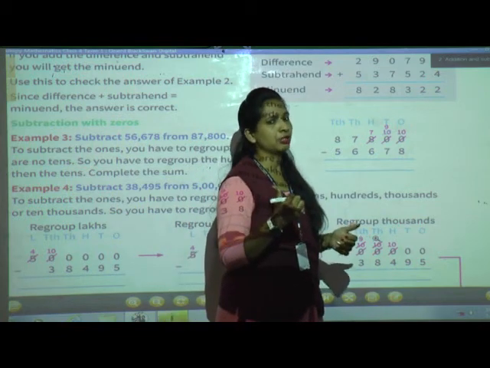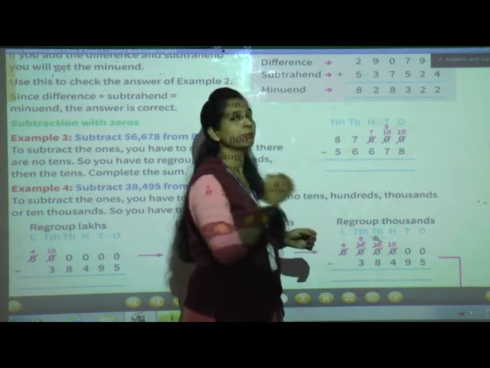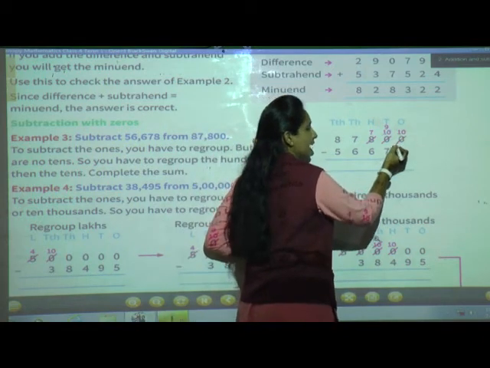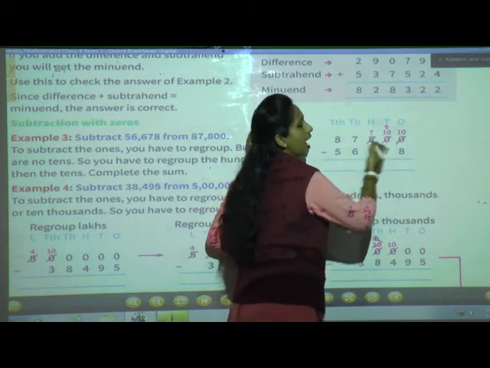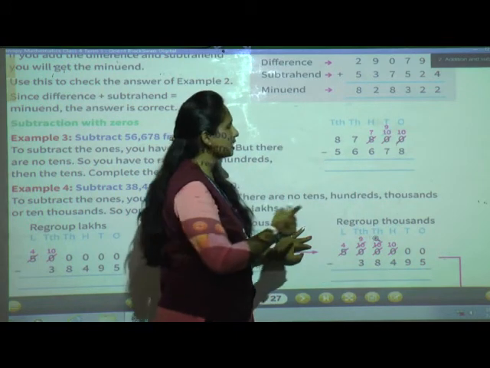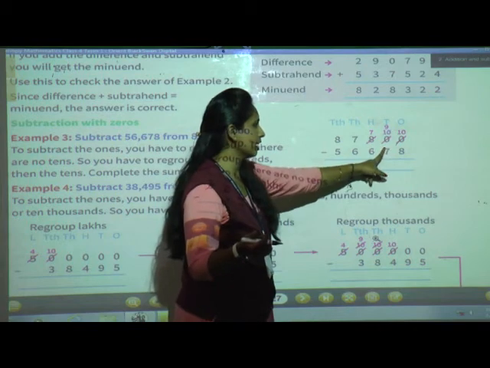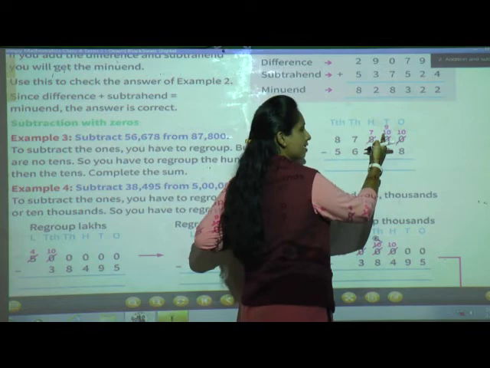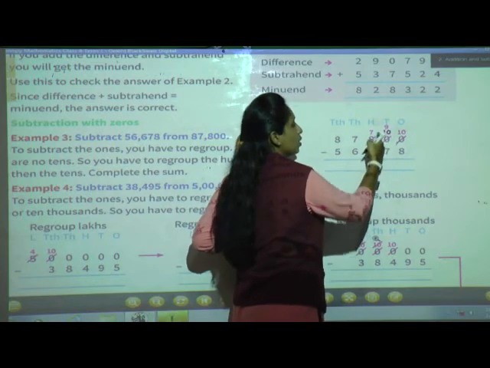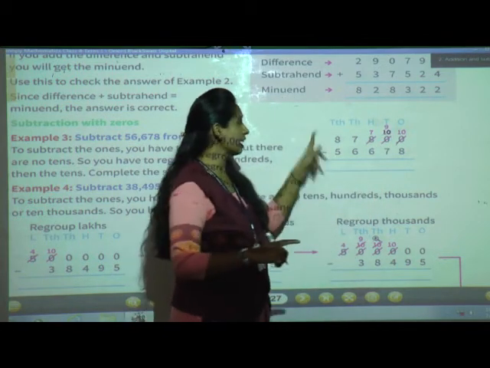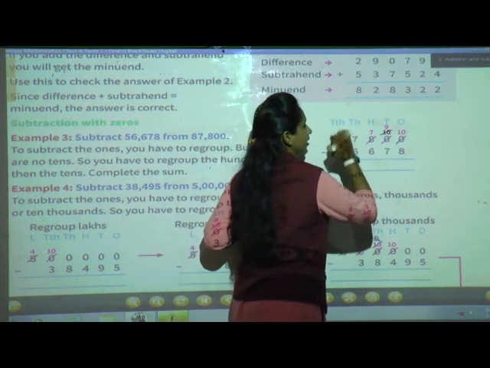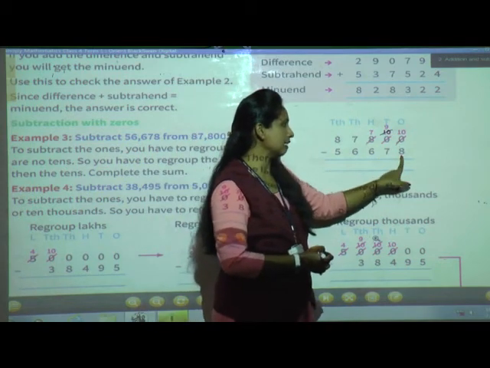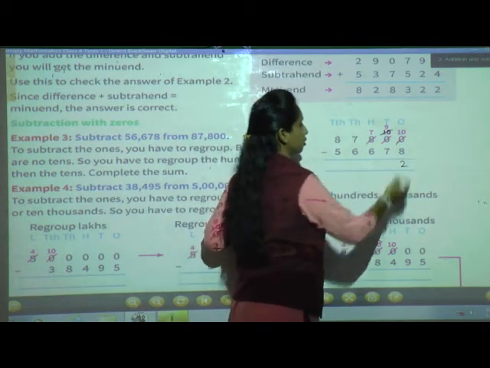Now see here, 0 minus 8. 0 minus 8 we cannot do, as I told you, from a smaller number we cannot subtract a greater number. So what do we have to do? Cut the 0. Ask your neighbor to give one borrow. The neighbor is having 0 also, so go to the next neighbor. This neighbor is having 7. He will give 1, so here we get 10. Now this neighbor is having 10, and he can give 1. So cut the 9, 9 as it is, and here is 10. So 10 minus 8, now we can do that, it is 2.